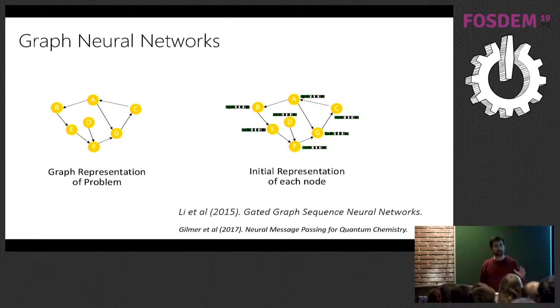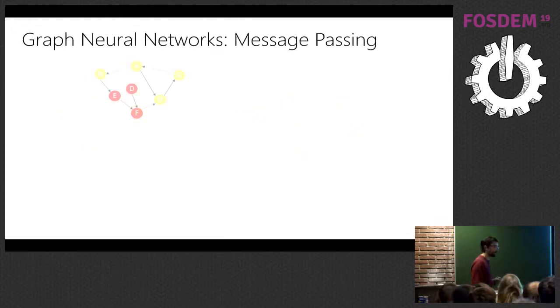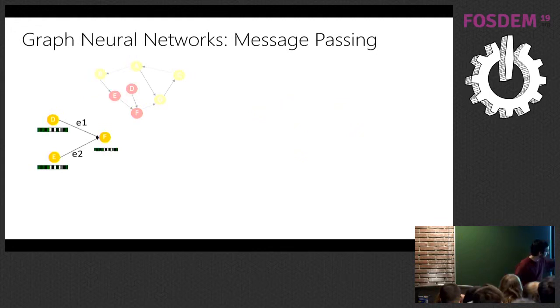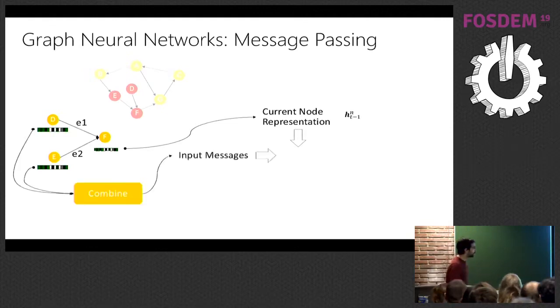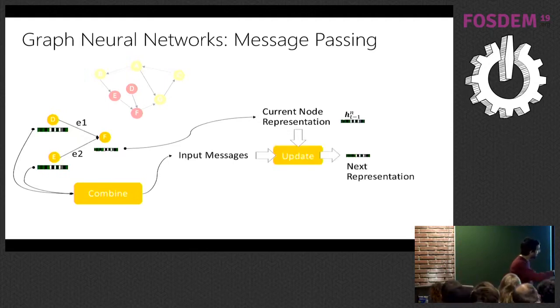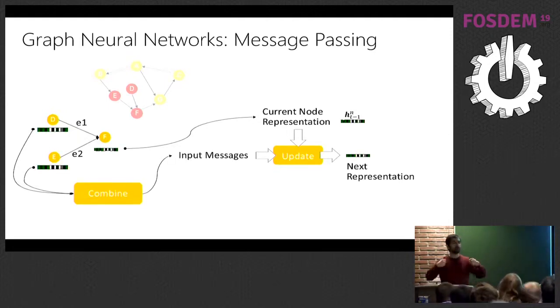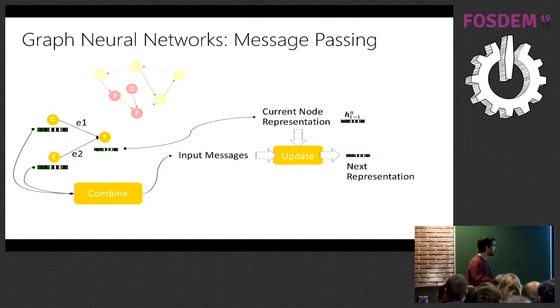So how is this done? This is done through something called neural message passing. The idea is, let's take this part of the graph here that we have: F, D, and E. You have the representations over here. And the idea is that F originally has a current representation, its current state, if you wish. It gets messages from its neighbors as input. We can combine them somehow, it doesn't matter at this point, and you can update your current representation. So at this point, if you are a single node, you receive information from your direct neighbors, and you update your own state. That's a graph neural network.